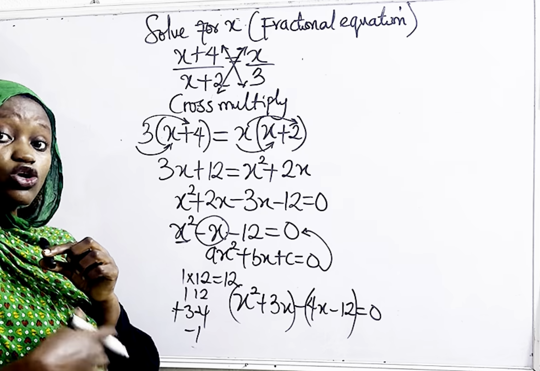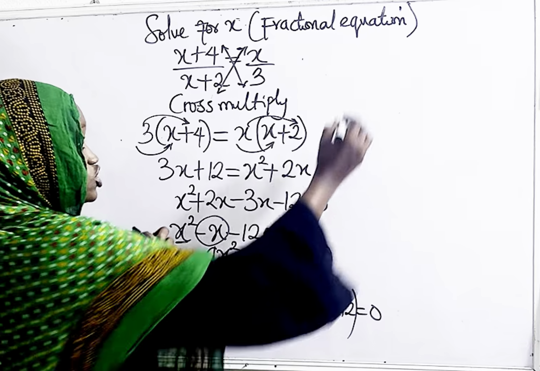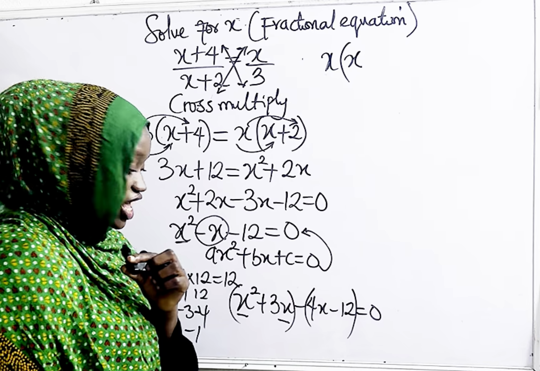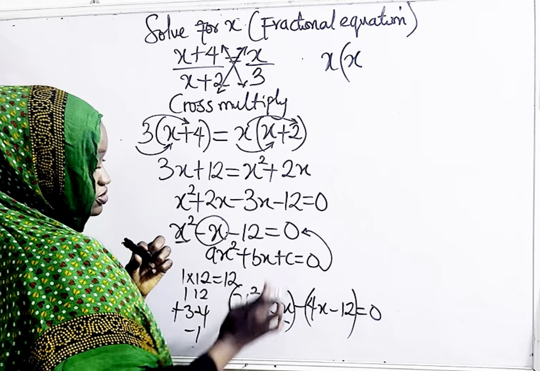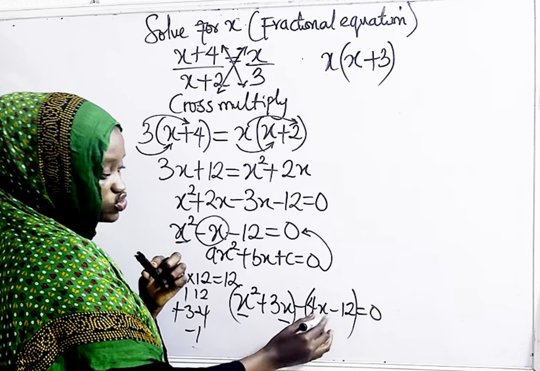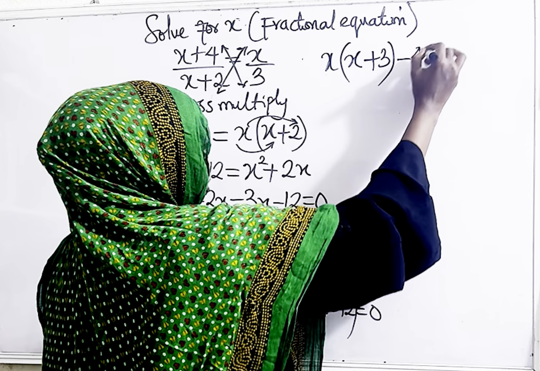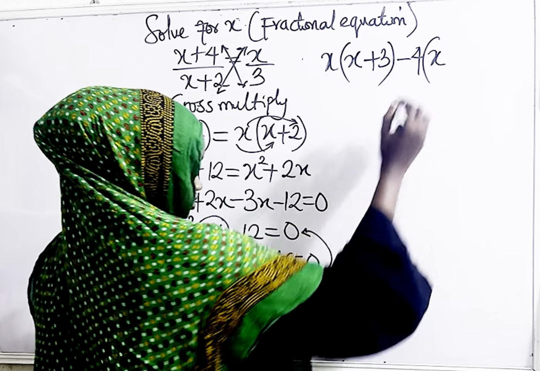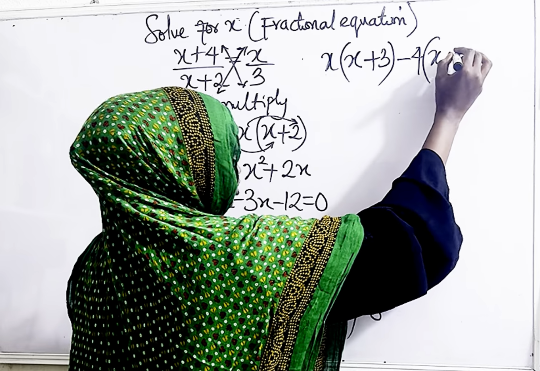Then next, we factorize. We take the common factors. What is common in x squared and 3x is x. If you factorize x from x squared, we are left with x. It means if you divide x squared by x, we are left with x. And if you factorize x from 3x, we are left with 3, that's plus 3. Now moving on to the next bracket, the common factor here is 4. So we have 4, open bracket. If we factorize 4 from 4x, we are left with x. And if you factorize 4 from 12, we are left with